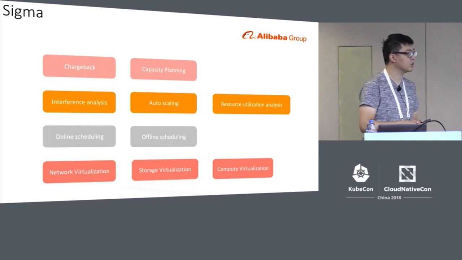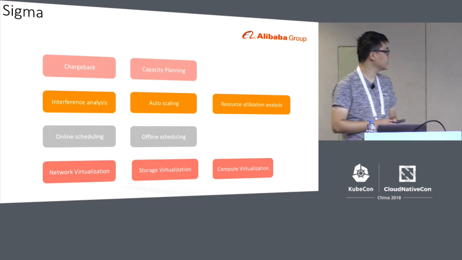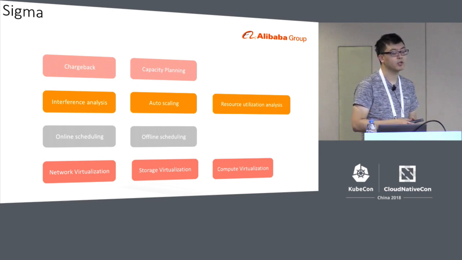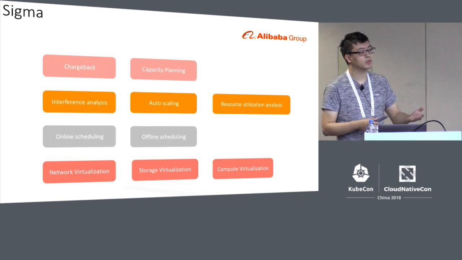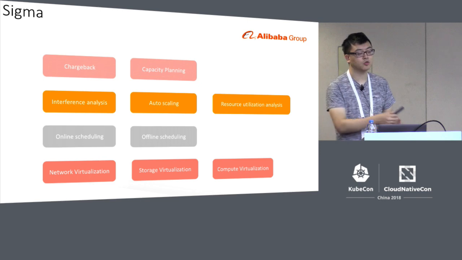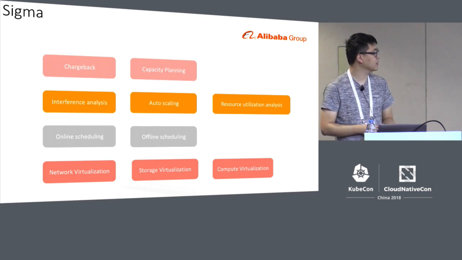And first, it does the abstraction of network, storage and compute, so that we can have virtualization of those aspects. And above that, we have the online scheduling. That is to say, once a user submits a resource request, we do the scheduling. And we also have the offline scheduling to respond to November 11 scenarios, where we can expect that kind of scenario and the total volume and do the planning so that we can have an overall optimal plan.